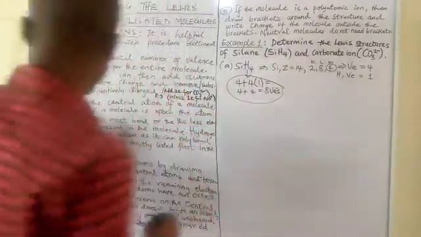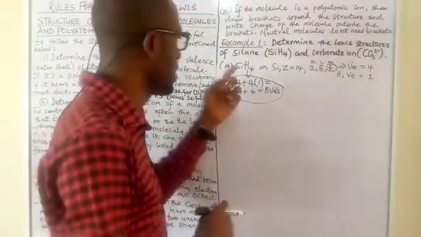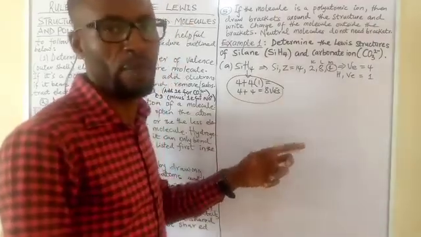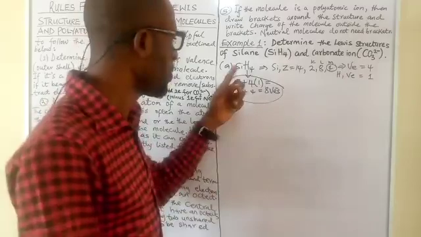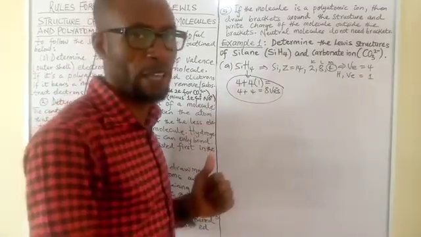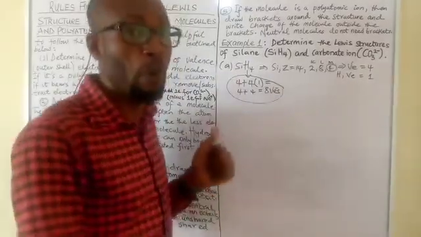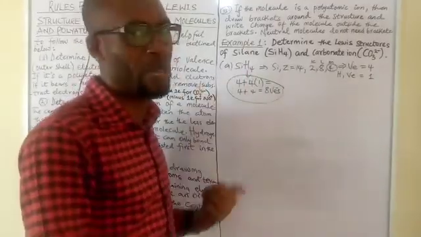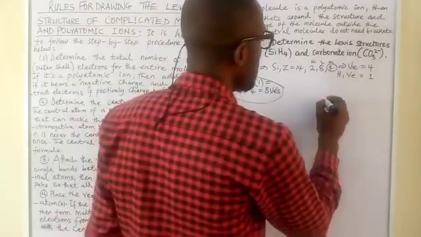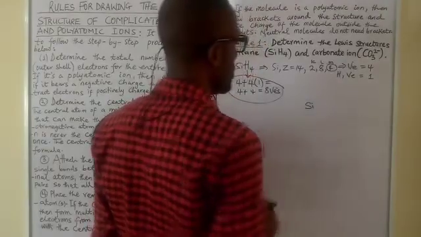So next thing you're going to ask yourself, which one is it, silicon or hydrogen, that should be centrally placed? First and foremost, silicon is the first element, which gives it an upper edge to be the centrally placed element. Again, silicon is the less electronegative in this mix. And another thing is that silicon will make the most bonds. Hydrogen will only make 1 bond, but silicon will make 4 bonds. So silicon has been established here to be the centrally placed element, okay?